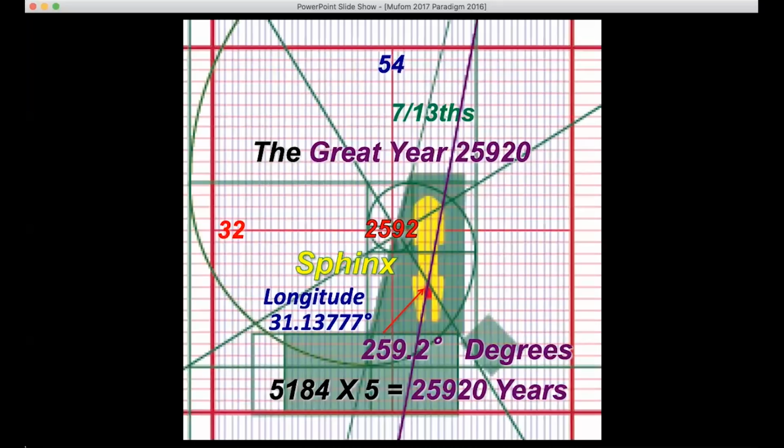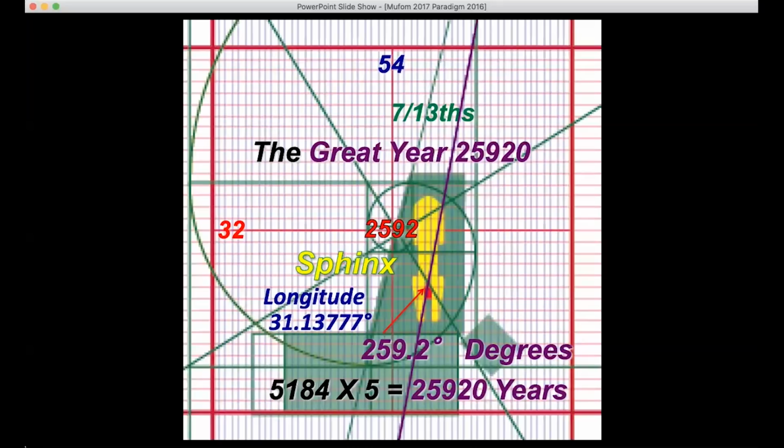Wow. So they're incorporating multiple different calendars as well as multiple different measurement systems. Because, well, the calendars are not necessarily different. They're different aspects that, when combined, all add up to, okay, we know that the 2012 is this galactic alignment, but when we go back to the calendar, let's say the year 0, well, you'll see when we're going to the next stages of this, we're going to sit at the paws of the Sphinx, or right there at the longitude of